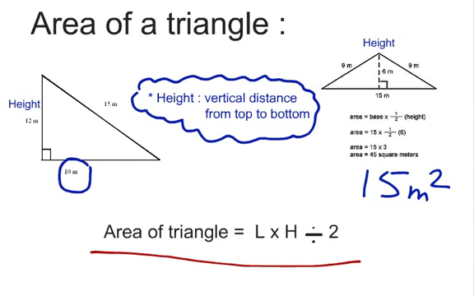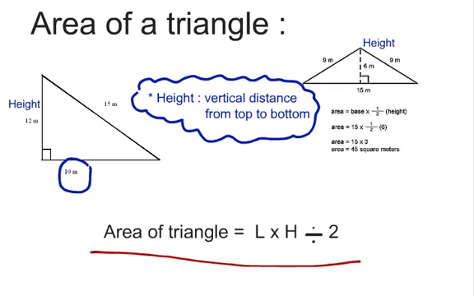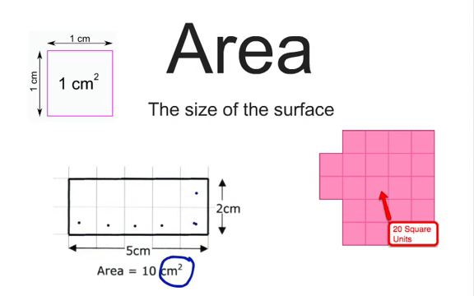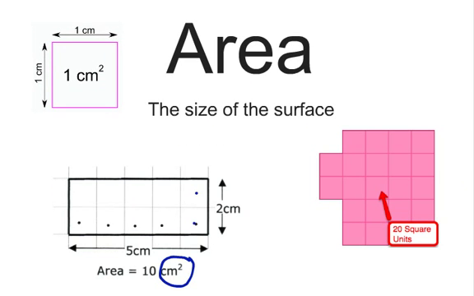We always write it with square units because we covered the shape with, oh sorry, it was 45. 45 square meters. And we use square units because we could cover that shape with little squares that I presented to you at the beginning of the lesson, the 1 centimeter by 1 centimeter square. So that's all for